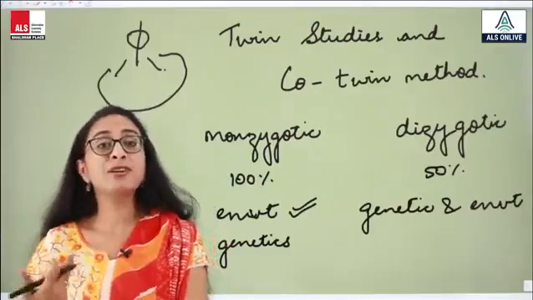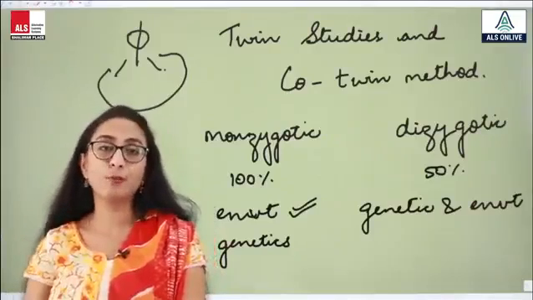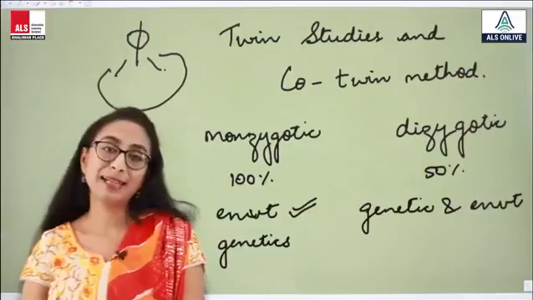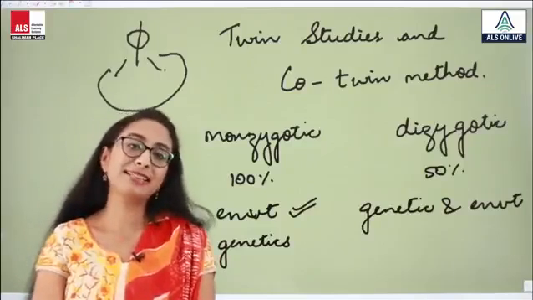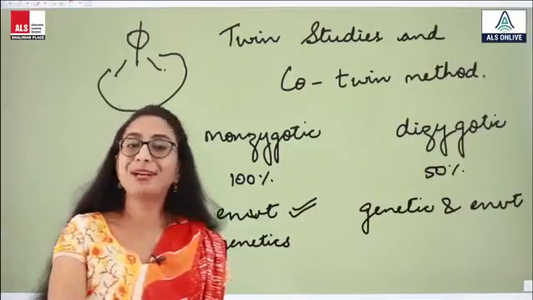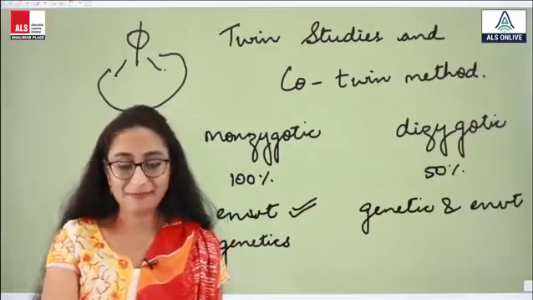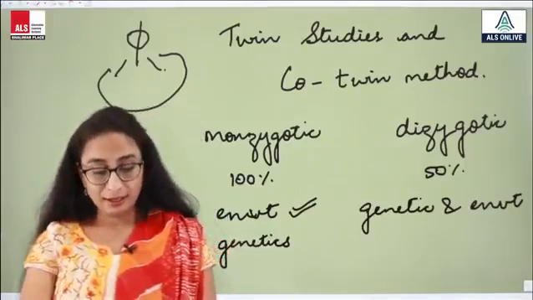That is, basically we are trying to understand whether environment plays an important role or genetics plays an important role in the etiology of a disease among the monozygotic and the dizygotic twins. Okay,